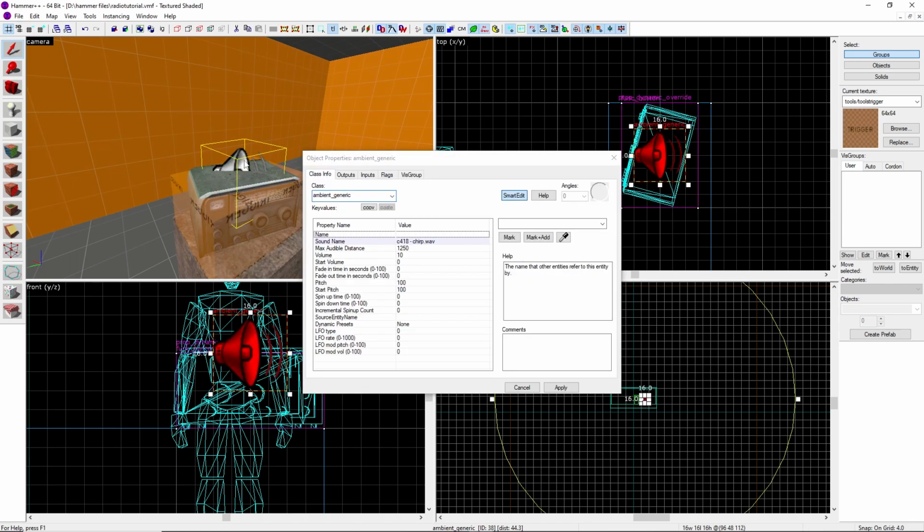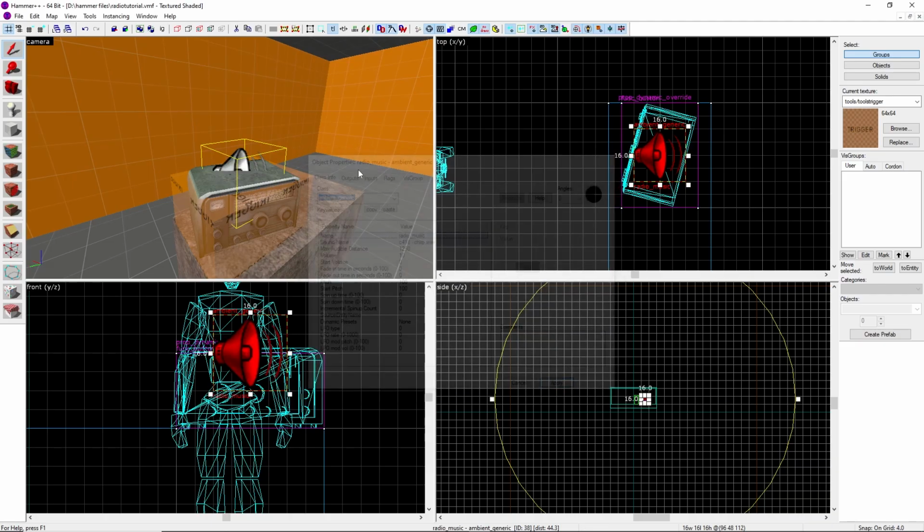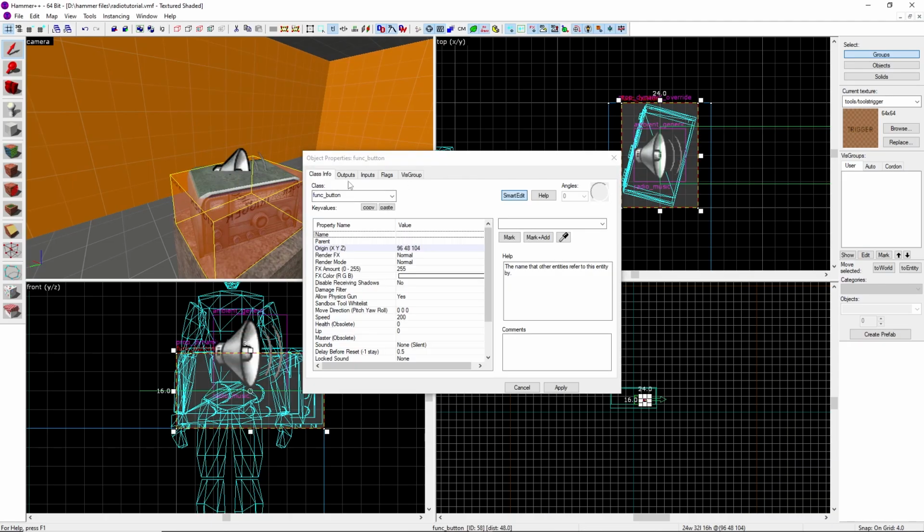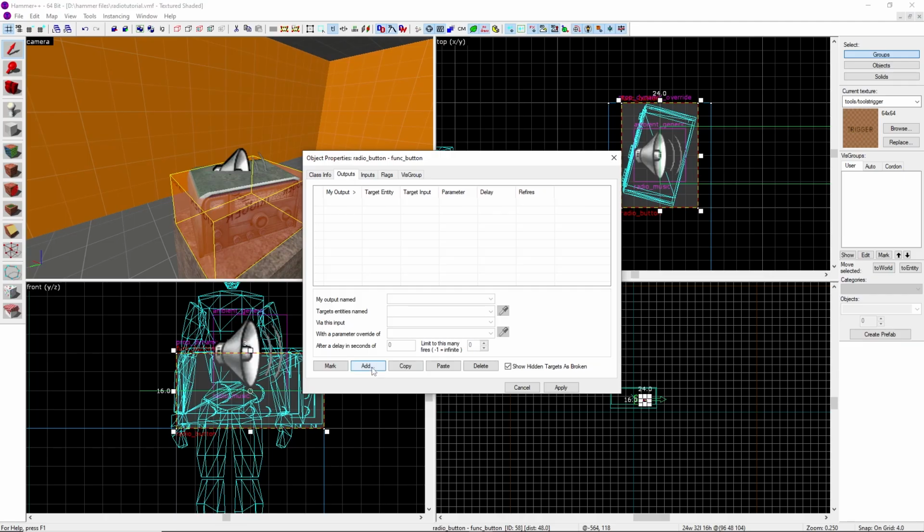Let's name our ambient sound. Let's call it radio music. There we go, radio music. And then let's have this be radio button. All right. And output. So on in, radio music,